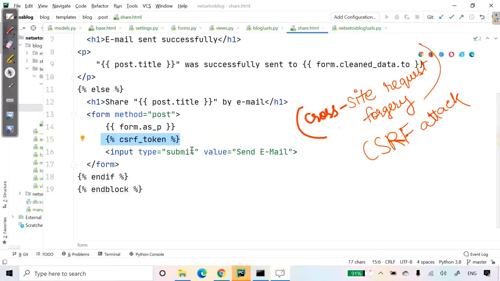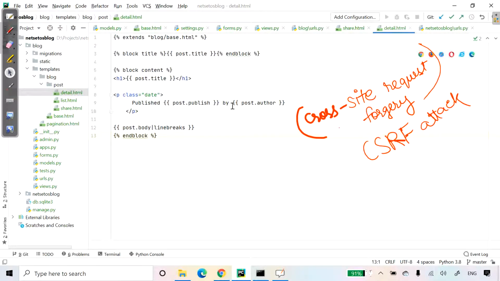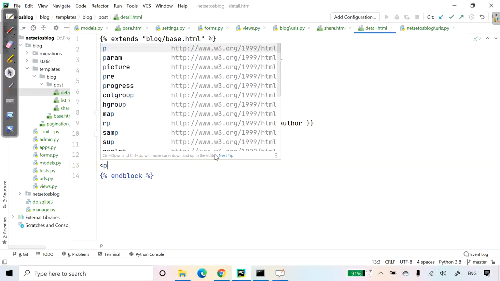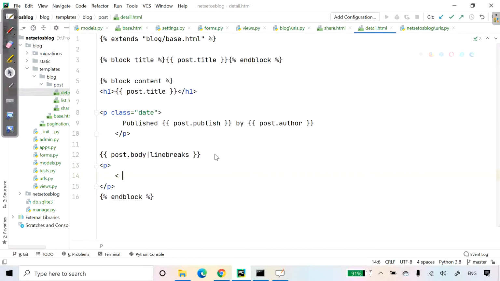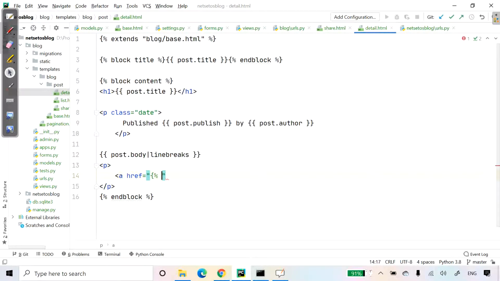Now the next thing, we will be going to detail.html. I'll delete this. Here we will add some lines to share post URL. So we will go after this tag line breaks, and here I'll introduce p tag, under which we will give a link of href URL blog:post_share.